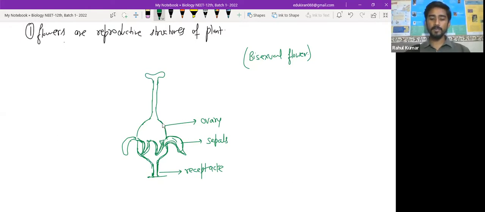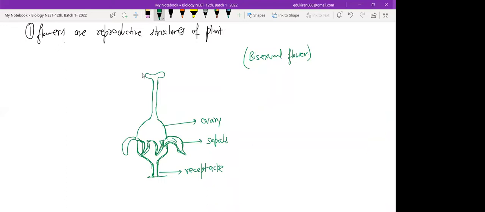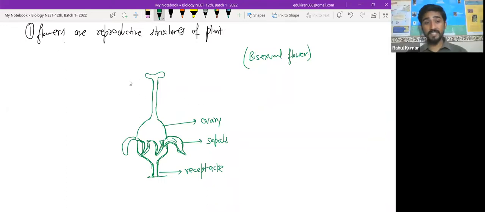So what is this complete structure called? Yes, the female part is called the pistil. From this point onwards to the ovary, just above the sepals, it's called the pistil. It's also known as